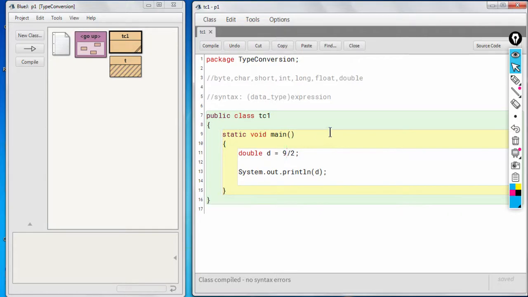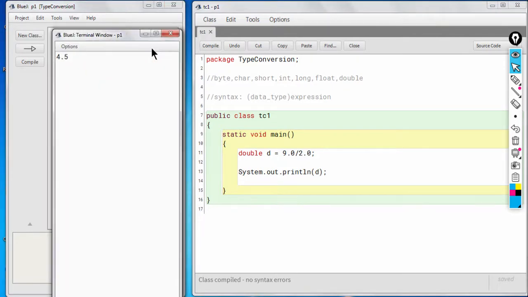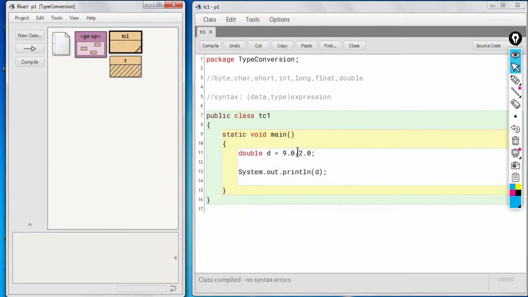One is simply write this 9.0, okay, or you can change the other operand as 2.0, or you can change both the operands into double like this, 9.0 divided by 2.0. So if I compile this, you can see that the output is 4.5 and not 4.0.